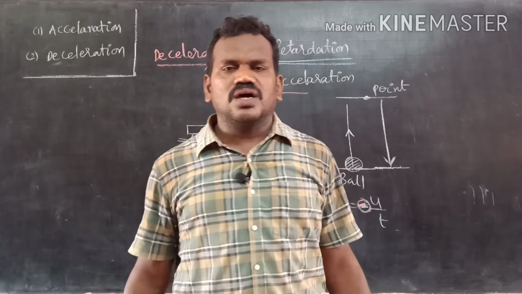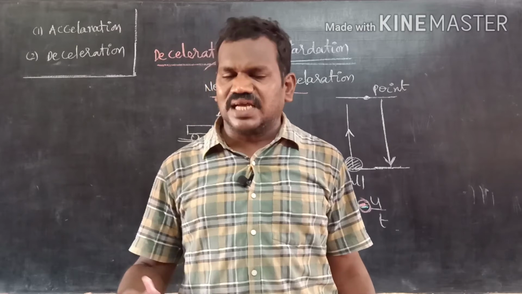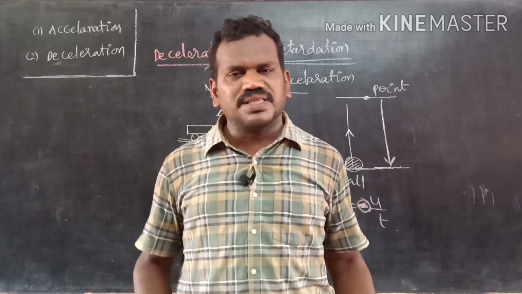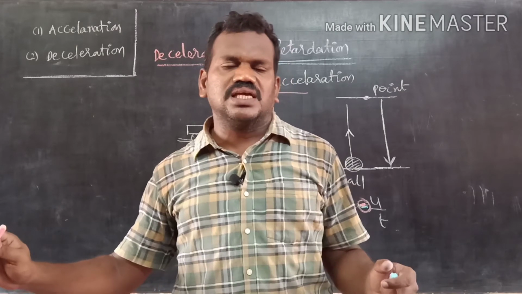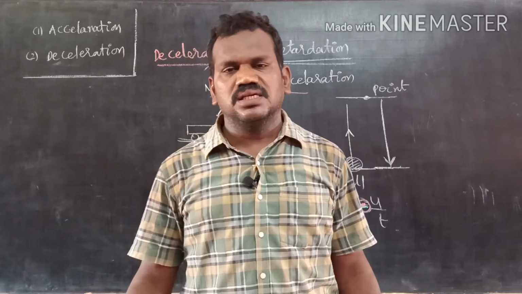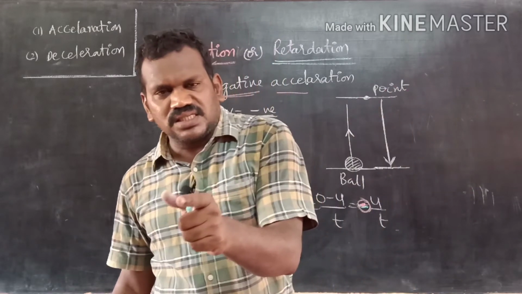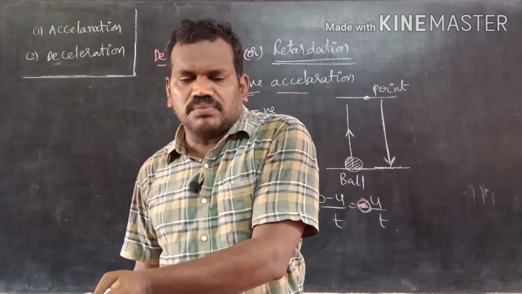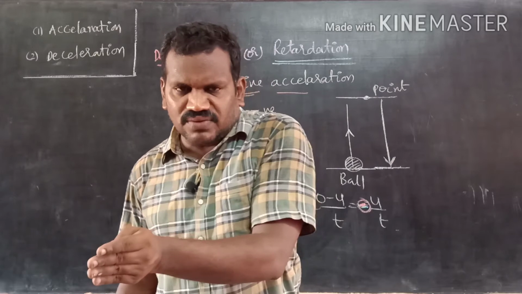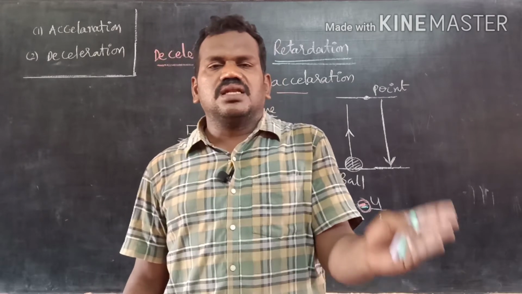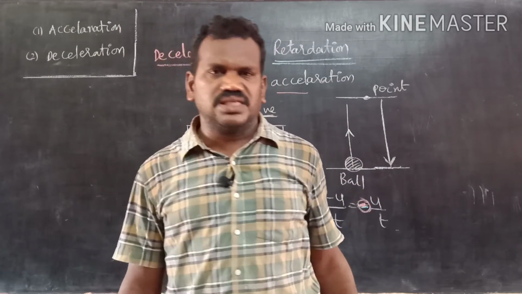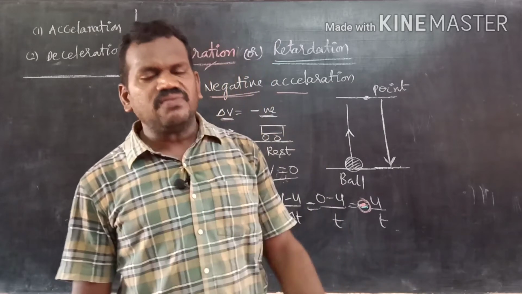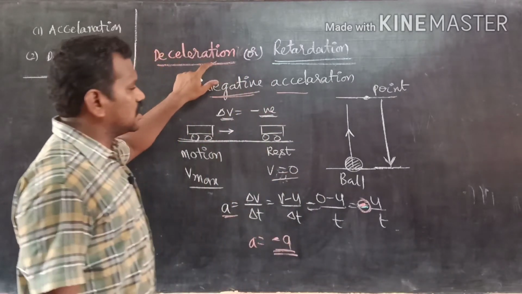Up to there, you are moving with high speed, or high velocity. If you stop the pedaling, slowly the cycle will come to rest. This means your velocity changes from maximum to minimum. Means there is a change in the velocity in the negative direction. Then acceleration also becomes negative. Such kind of acceleration is called retardation.